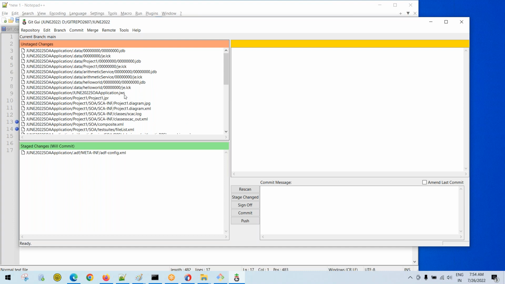I need to consider the JWS file. See the icon at the corner, you have an icon, just click it. Once you click the file, see that it is coming into staged changes, from unstaged to staged changes. And then I will select the project, JPR project 1. Okay, under this